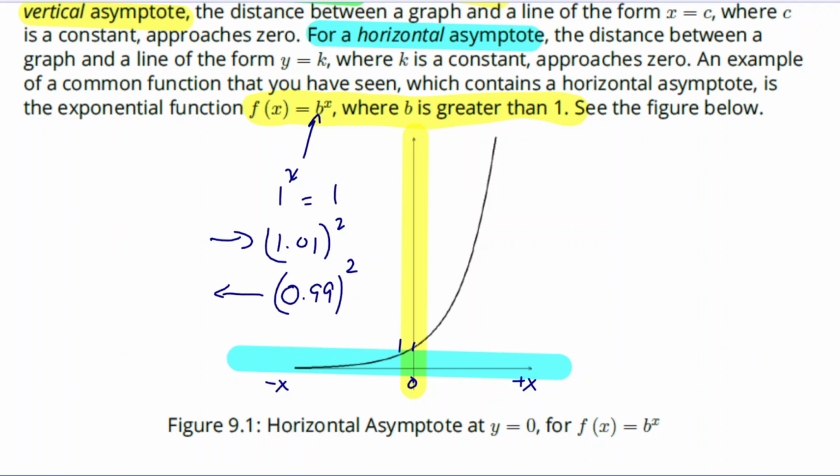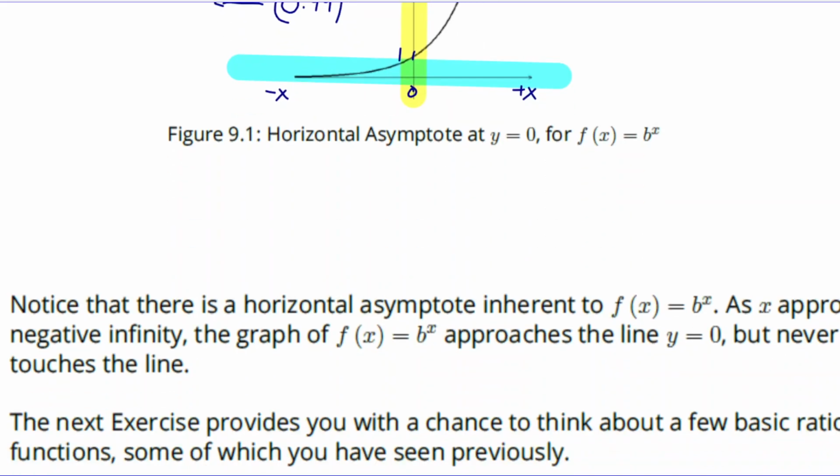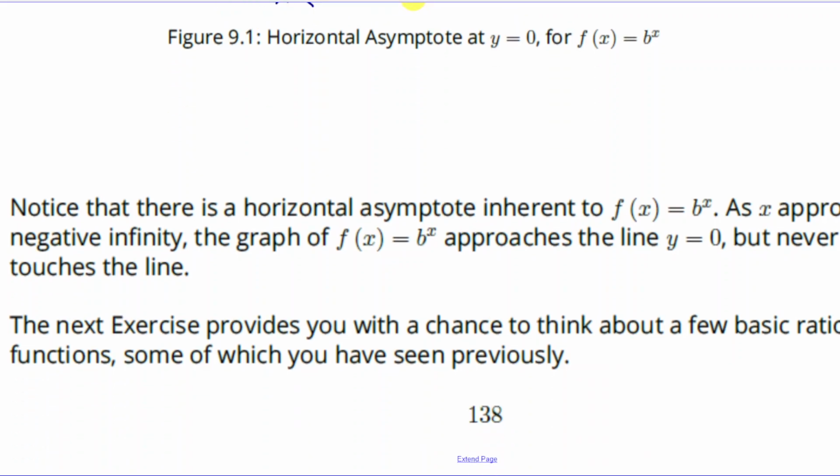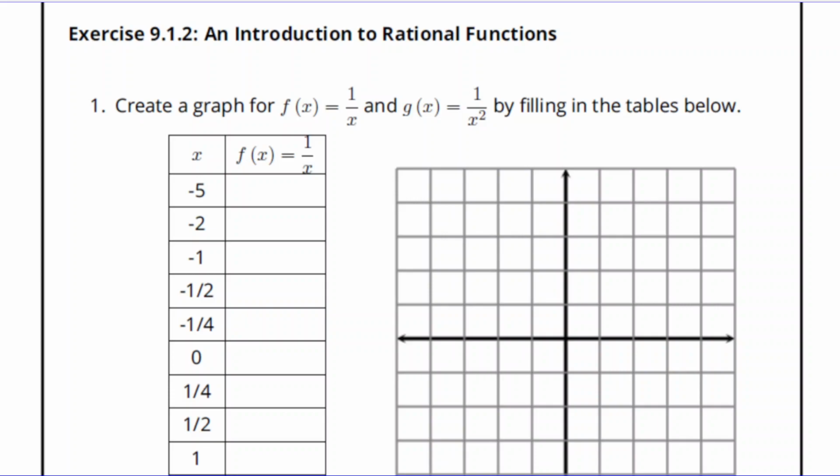So now, notice that there is a horizontal asymptote. As x approaches negative infinity, the graph of f of x equals b to the x approaches the line y equals 0, which is the x-axis, but never actually touches the line. Okay, so the next exercise provides you with a chance to think about a few rational functions, some of which you have seen previously. So let's go to the next exercise, and here we are,